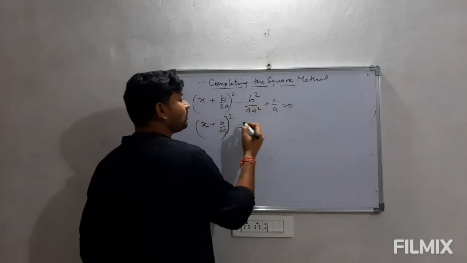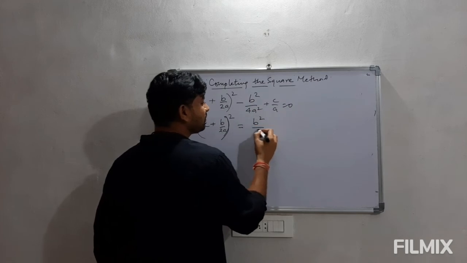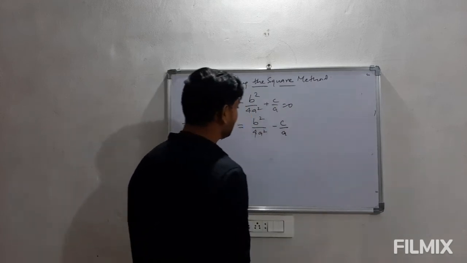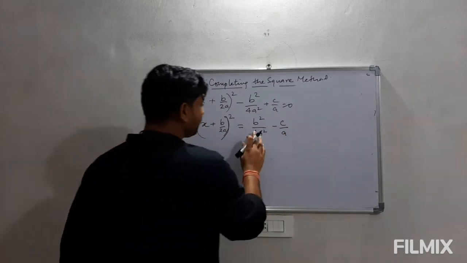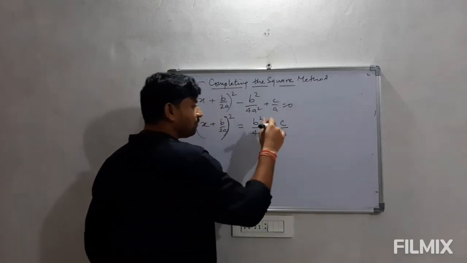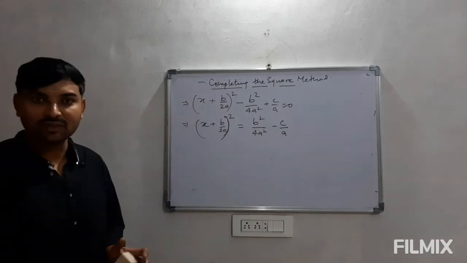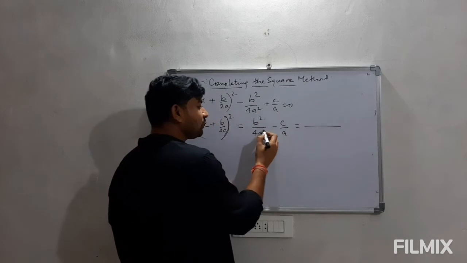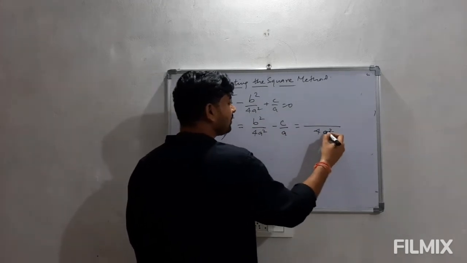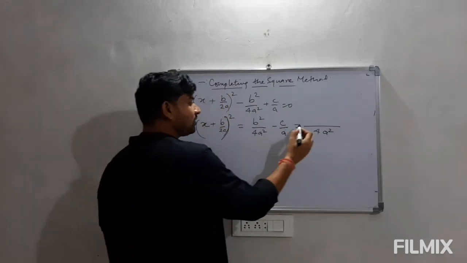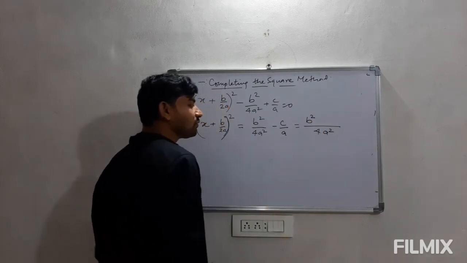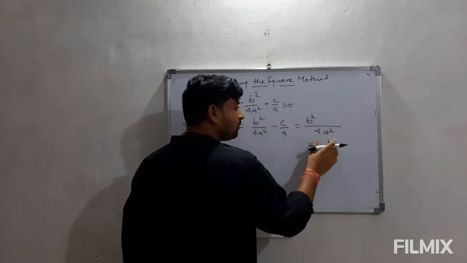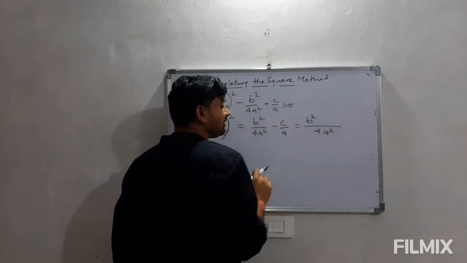So when we shift this to RHS, this minus will become plus, so b square upon 4a square, and this is plus, so it will be minus c upon a. Now look at this right hand side. This is simple. A, B, C are nothing but some integers here, so we can rearrange them, and if we take the LCM of this, what we will get? LCM will be nothing but 4a square. This is the same here, so we have to write b square. Here the denominator is a, so we have to divide 4a square by a. We will be getting 4a. That number will be multiplied in c.